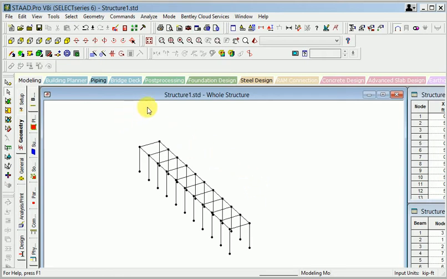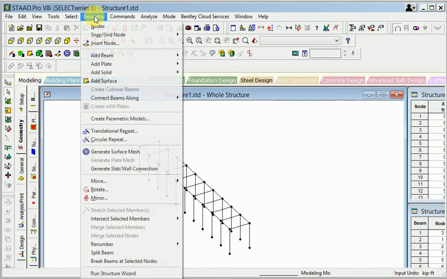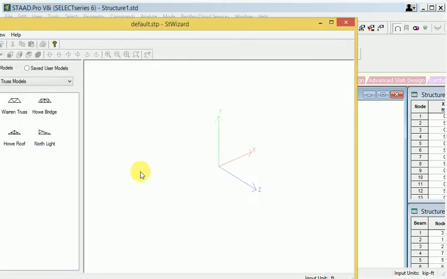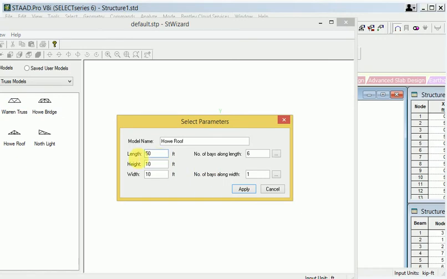When I get to see this, use from geometry here and again I show you run structure wizard. This is a frame structure and this is a bridge here. So let's click. The height should be maintained at 50.